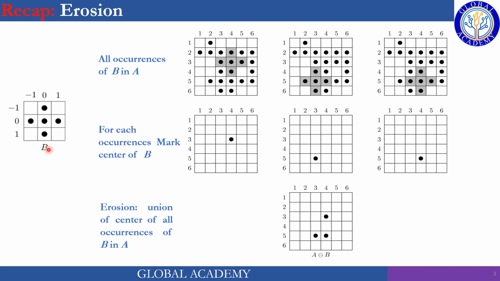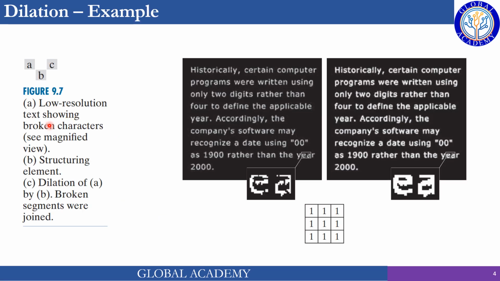There could be many structuring elements. This is the one which is cross shaped. Here's an example of dilation. We have a scanned text, and it is dilated using a box style 8 connected structuring element. We got a smoother version where the alphabets are more connected, and their missing pixels are filled up.